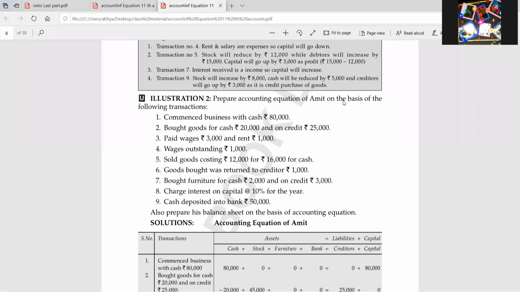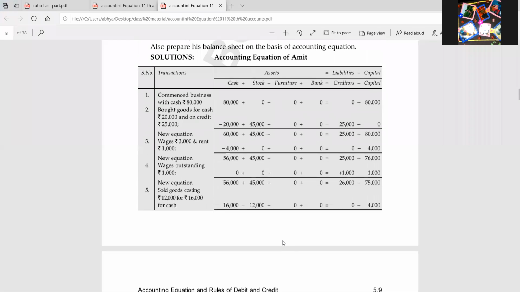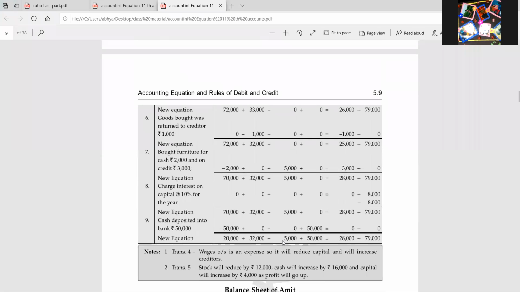If it is mentioned that the businessman has withdrawn the interest on capital, then you will be doing two transactions simultaneously. First it will be added in the capital, then it will be deducted from the capital or deducted from cash if it is withdrawn. If it is not withdrawn, the question is silent, then you will assume that it is not withdrawn. Then it will be added in the capital, and on the other hand it will be subtracted from the capital. And always interest on capital will be calculated on opening capital only, the capital with which we have started the business. This is a new concept which I have introduced today.